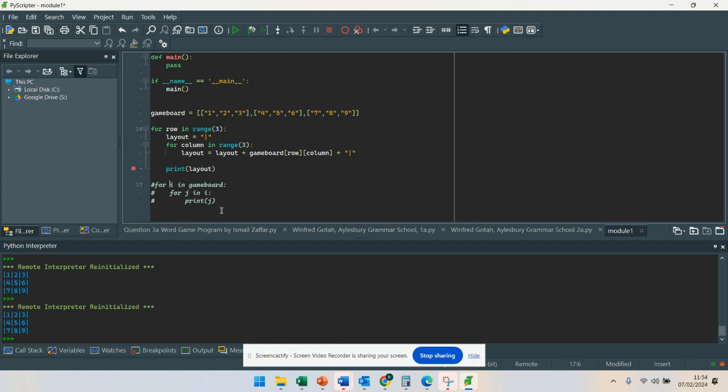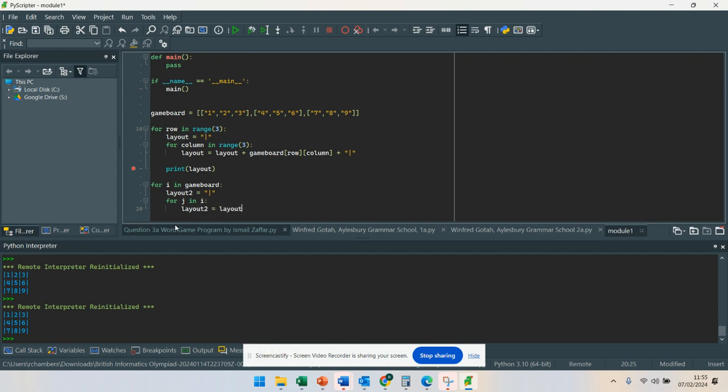Do you want to see how to do it over here as well? I'll do it to this method. So if I unhashtag this out, this time we're going to call this layout 2. Layout 2 equals that there. So I've put that one there, and instead of the print here, I'm going to put layout 2